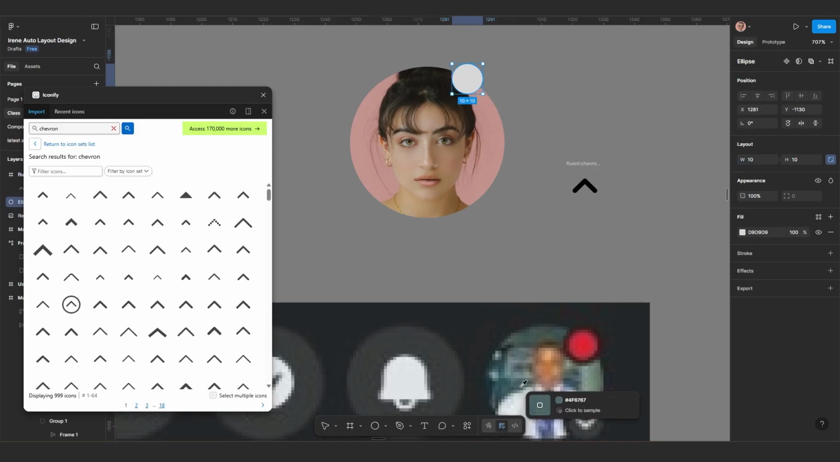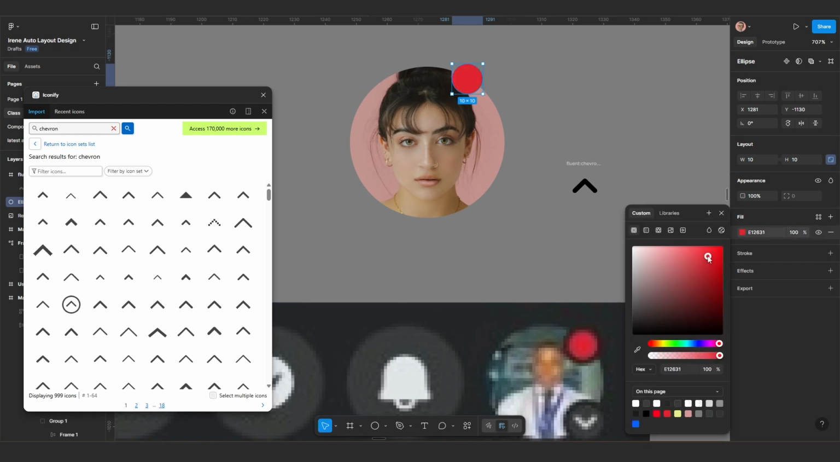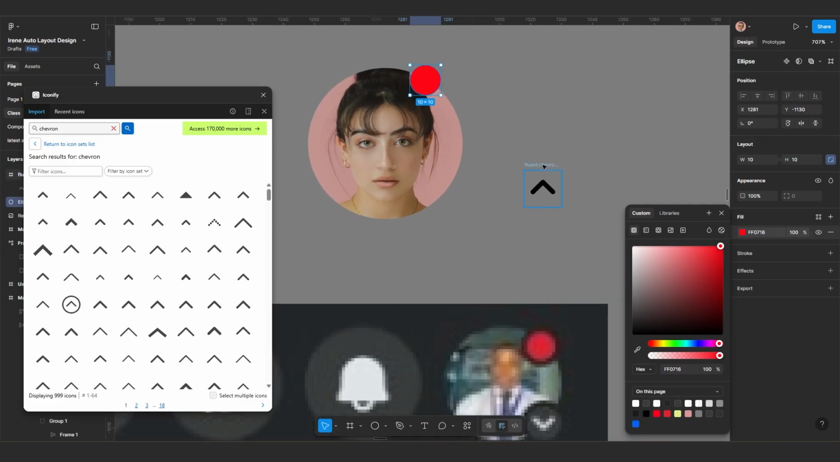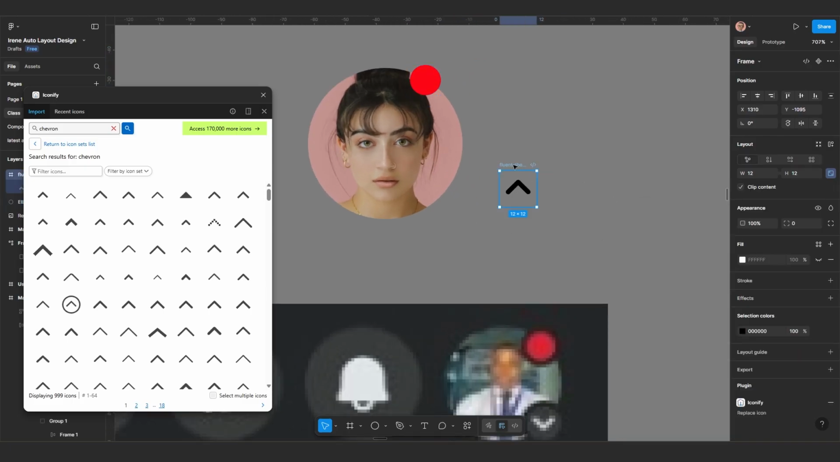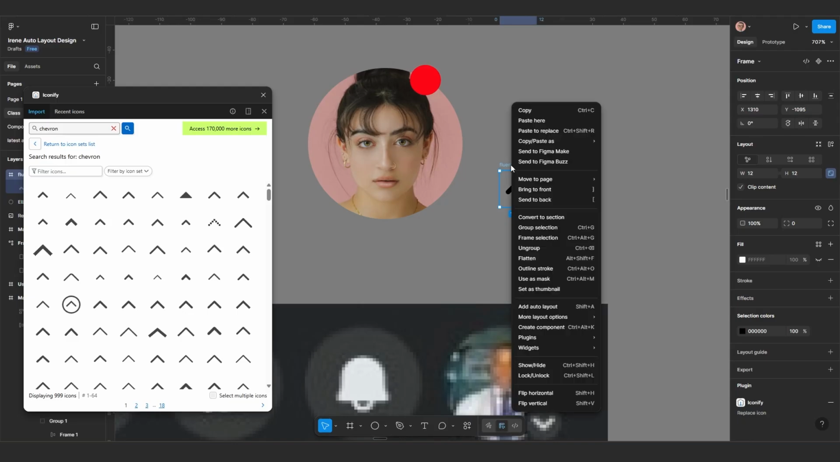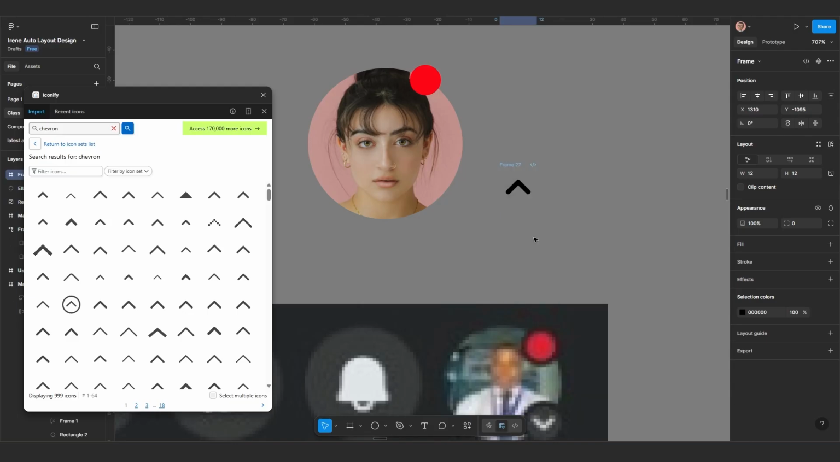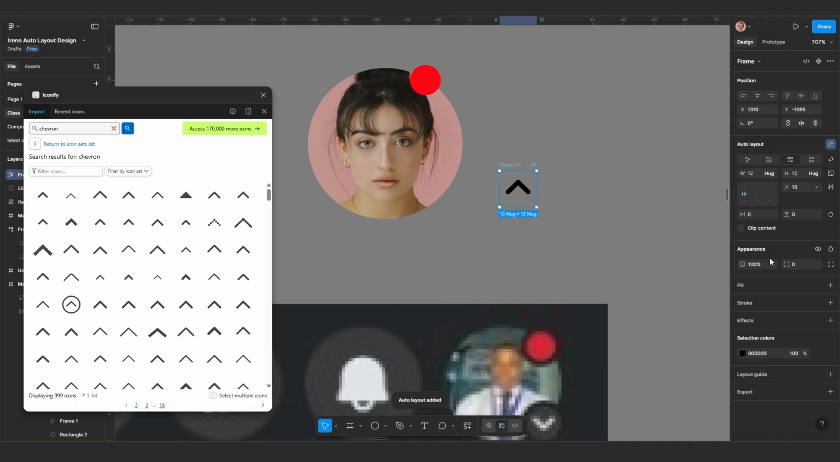I'll press I to pick this red color. The red color is not as bright as I want it, so I'll make it a little bit brighter. So it's going to spark from wherever it is. Then for this one, what I'm going to do now is right click on it and then say frame selection. Now when I frame selection, I can now add Shift A to add auto layout and give it a 10 by 10 padding. And when I do that, I can now be able to